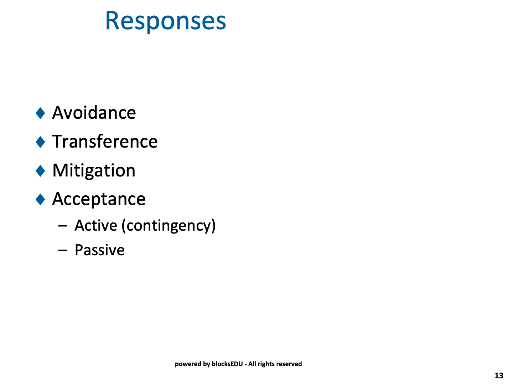The next thing you do is mitigation. Mitigation is where you actually come up with a detailed plan of how you're going to overcome the risk and handle the risk when it actually occurs. Or you can do what's called acceptance. You can just accept it, and you can say, okay, I'm going to accept this risk actively and produce a contingency, and that means allocate funds, time, and energy to handle that risk, or passively just say, well, we'll worry about it when it happens. So those are the keys that you can use to do risk planning.